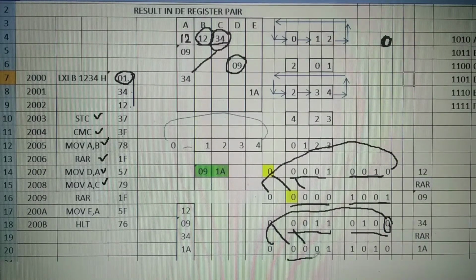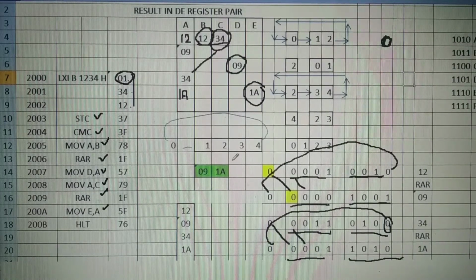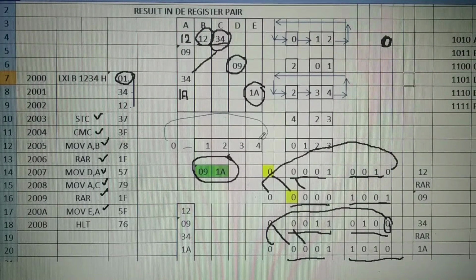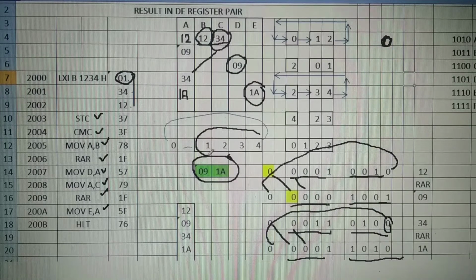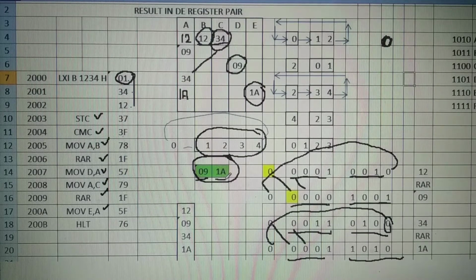In this way, the content of accumulator becomes 1A. This number is transferred to register E. In this way, the DE register pair is having 091A. It means 1234 divided by 2. You will get the answer 091A, and it is stored in DE register pair.